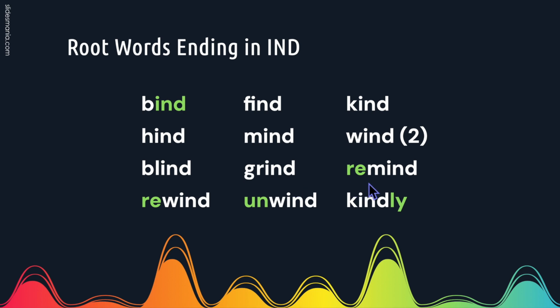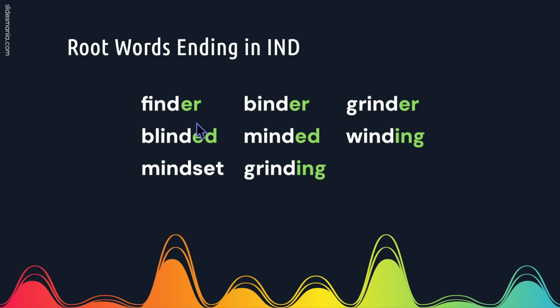Grind. We can even add a prefix. Remind, rewind, unwind. The root is going to have the eind sound even though we've added a prefix. So this suffix ly will not change the sound of the I. Kindly. Here we're going to add the suffix er, ed, and then ing. Finder, binder, grinder, blinded, minded,